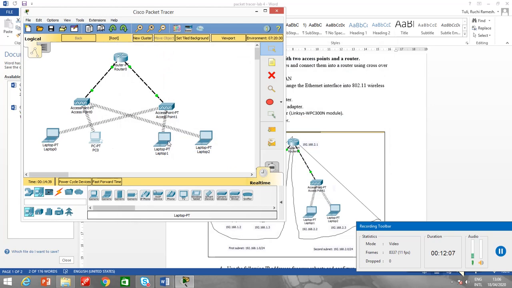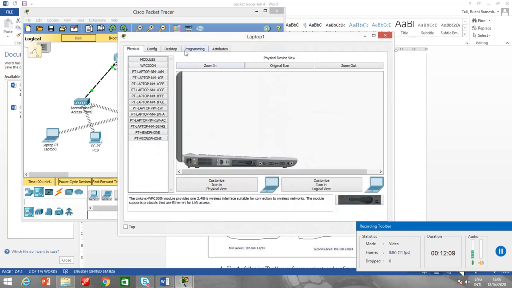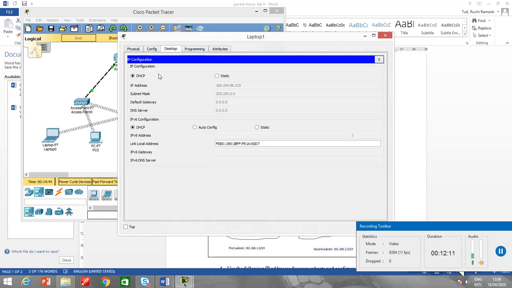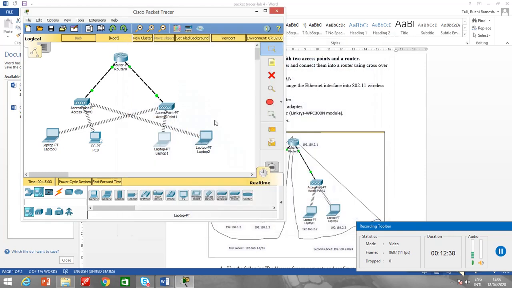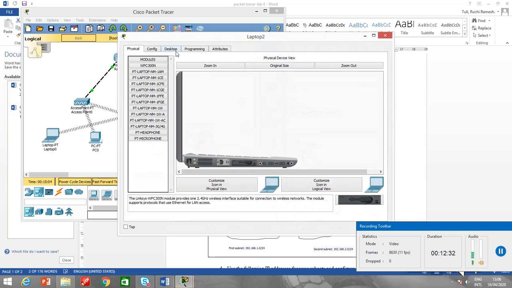Now for this laptop, I will configure its IP address. Static, 192.168.2.2, and the default gateway is 192.168.2.1. Alright. Similarly, I will configure this also.